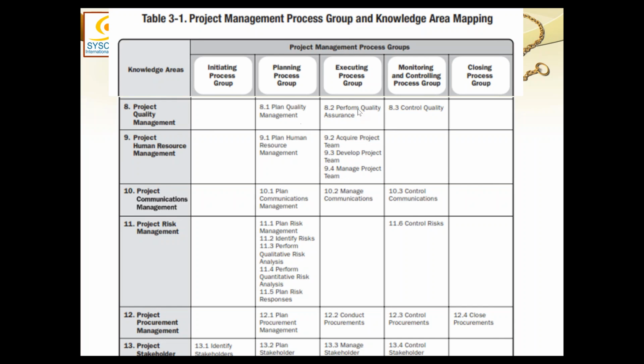from quality, it has the quality management plan, and there is another plan in quality, which is not called a management plan. It is called a process improvement plan. So we have two things here: quality management plan and process improvement plan. Then we have human resource management plan, communication management plan, risk management plan, procurement management plan, and stakeholder management plan.